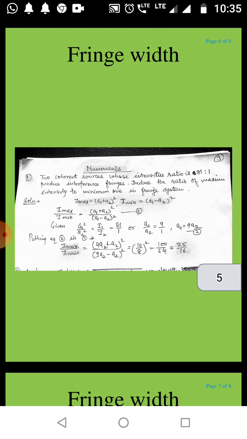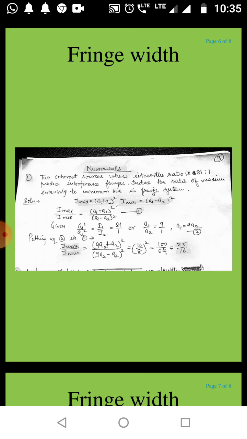Fourth one, if however λ/2d can be kept constant, then even for heterogeneous light, β is similar or constant, and the fringes in this case become similar to monochromatic light and are called achromatic fringes. If by any means we can keep λ/2d as a constant term, then the fringes are said to be achromatic fringes. Now, based on the above theory, we will solve some numericals.